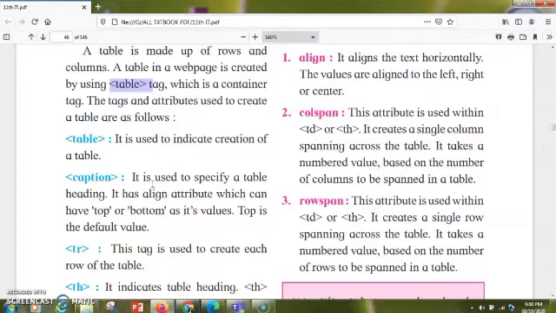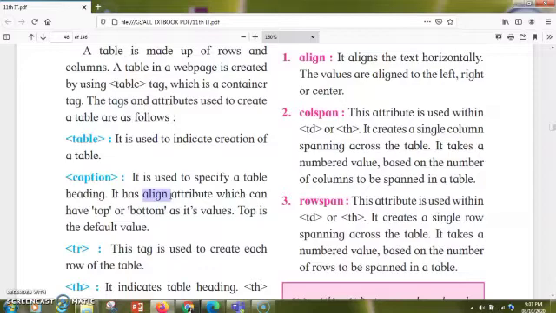Next is caption. If you want to give a heading for your table, you require a caption tag. By default, the caption is always at the top. If you want the caption at the bottom of the table, you have to use the align attribute and set its value to bottom.